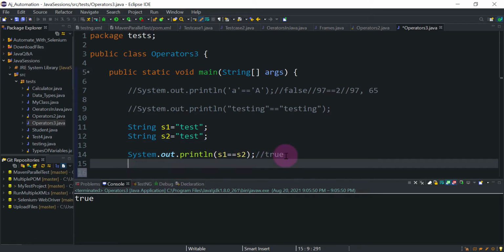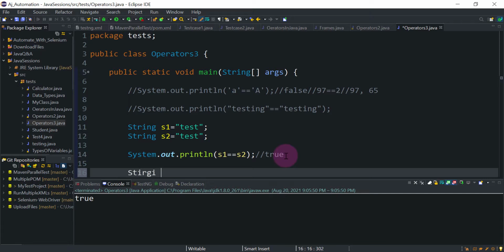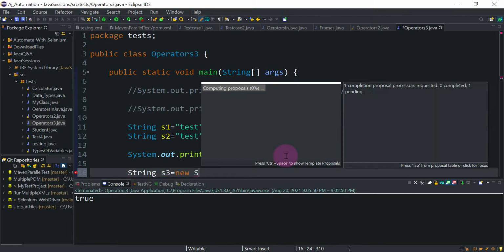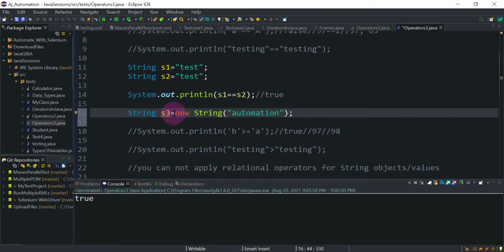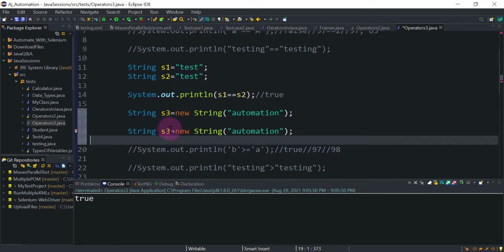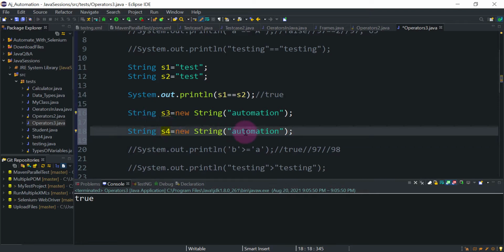Okay, and if I created object like this, string s3 equal to new String automation. Okay, and similarly I have second object s4.